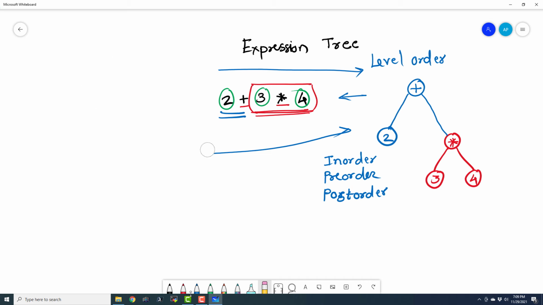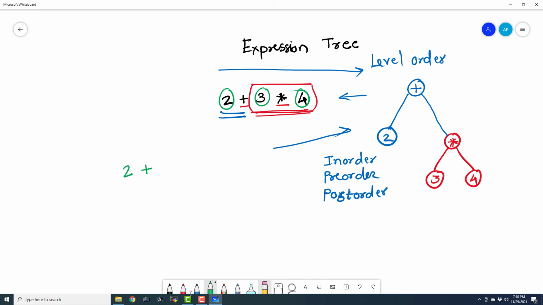So let me tell you about the concept of in-order traversal. In the in-order traversal, we first visit the left subtree of that tree. So here we are going to say 2, and then we visit the parent node. Then again we go to the right and apply the same process.